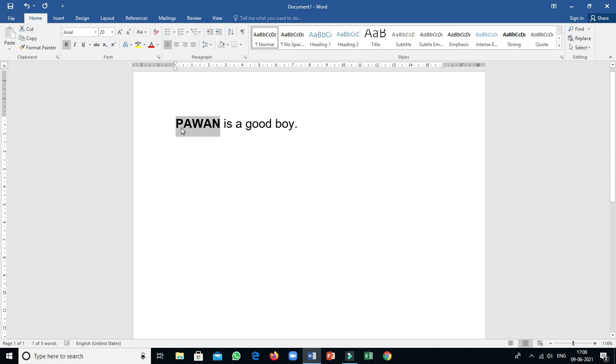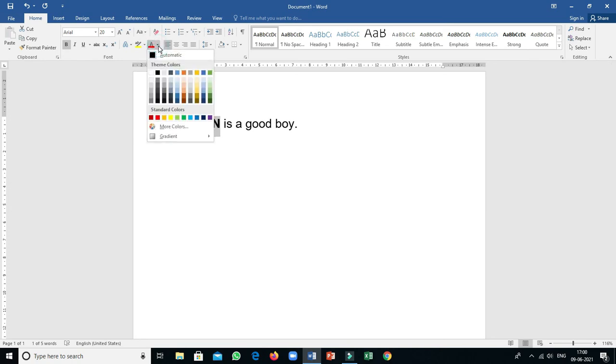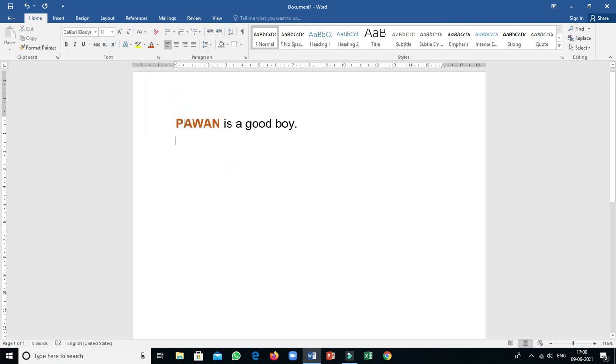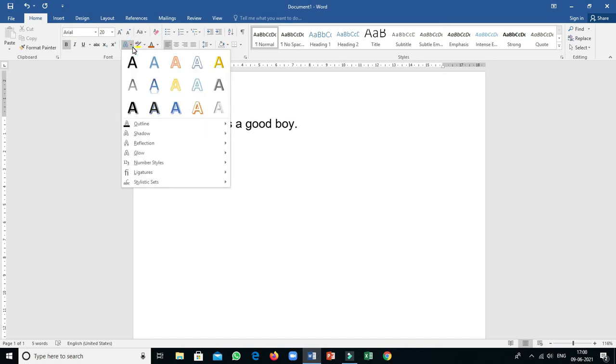Now I have to change the color. So here the color formats are there. Text color is there, fill color is there. So you can change the color also. And if I select this one and click here, that is the text highlight color. Now see, lots of colors are there. So I am selecting yellow. My text color is this one, and that is called your font color, and the text highlight color is this button. You have to select the color from this button. Now these are the letter styles.